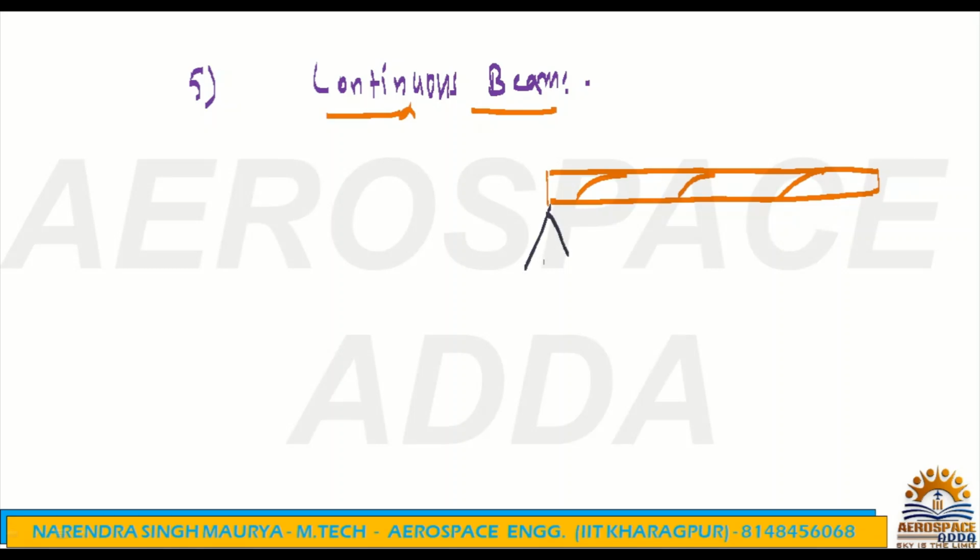Till now we had seen only two supports at the ends, but here support can also be provided in between. So this type of beam is called a continuous beam. All right. Now